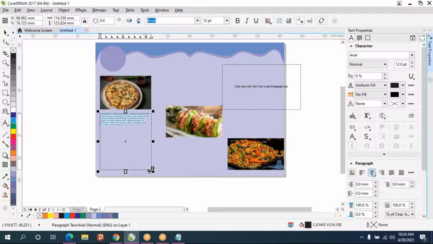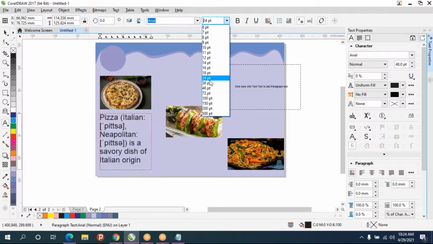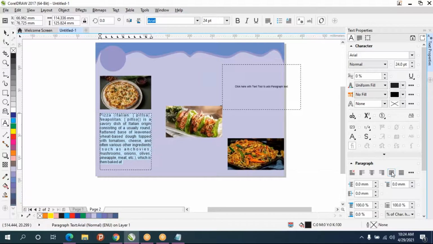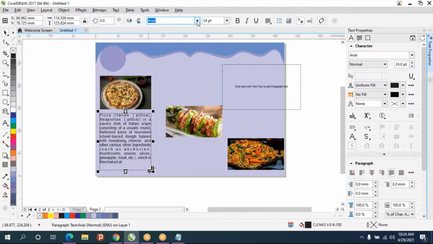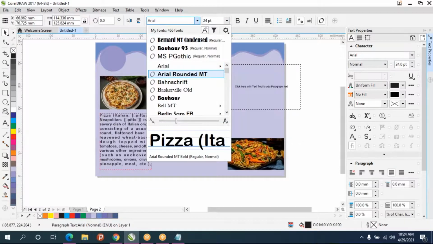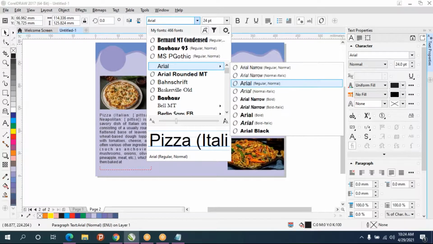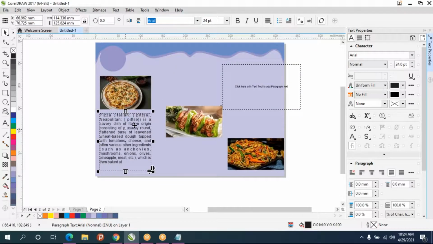So right now I'm putting some random text. Select the text and increase the font size. And you can do justify alignment. That's it. And you can change the font if you want. But for content, always use some normal fonts. Don't use some fantasy fonts. It won't look good. For the contents, always you have to use some normal fonts.